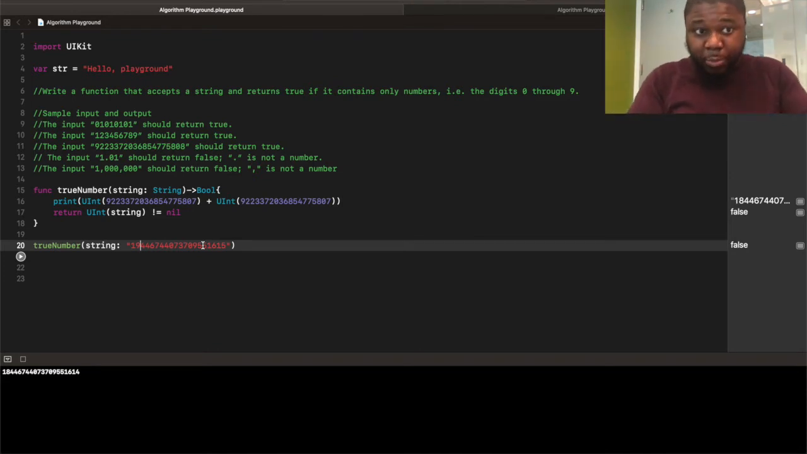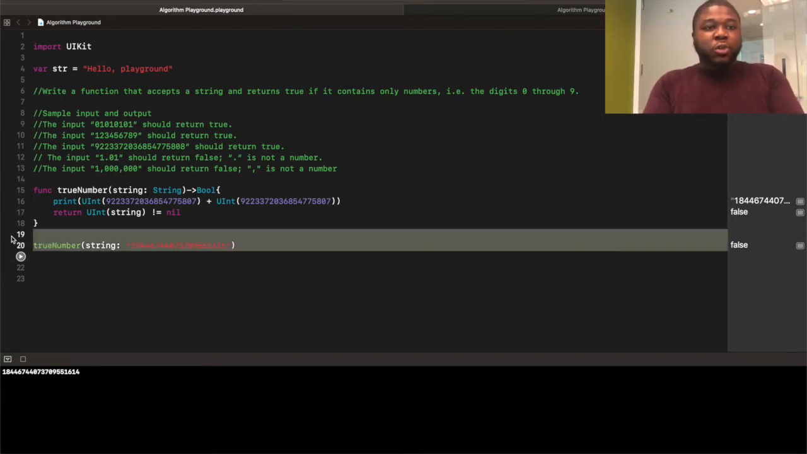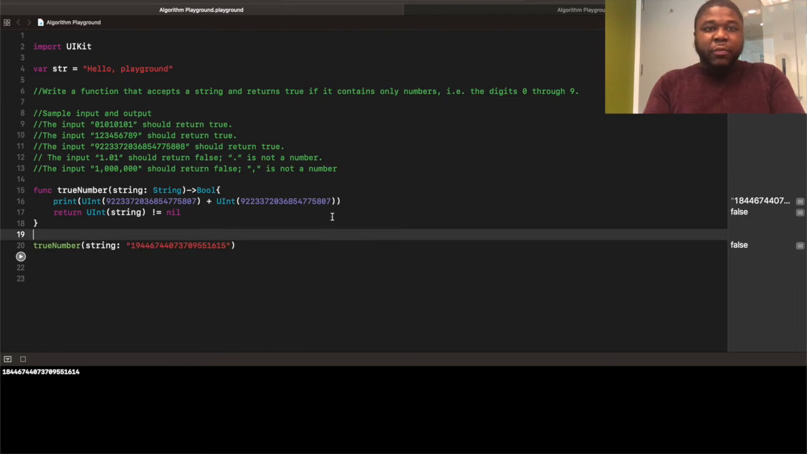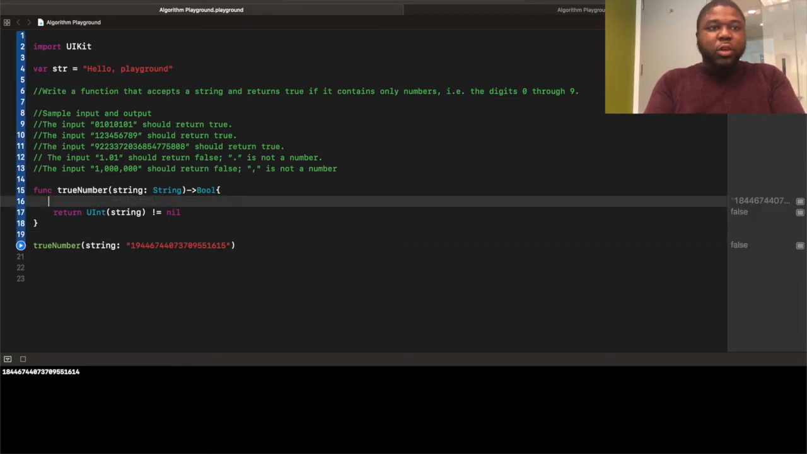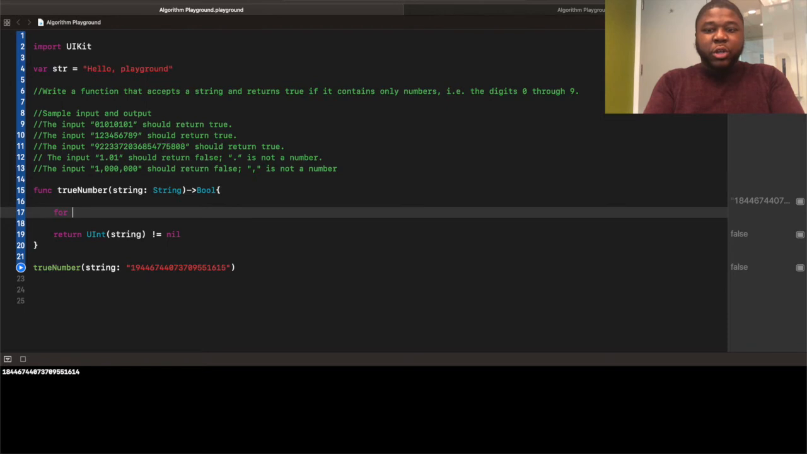So this approach, while in theory it sounds good, is a rather facile approach to solving this problem. So I'm going to show you two valid solutions. Okay. So instead of returning an unsigned int, we could do the brute force approach where we go through each letter in the string